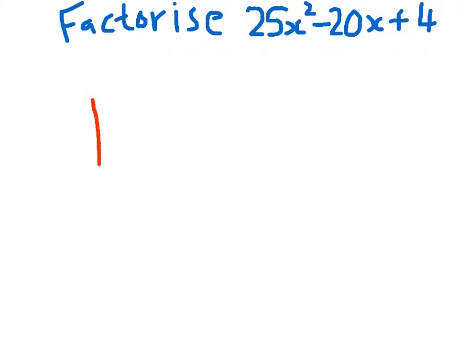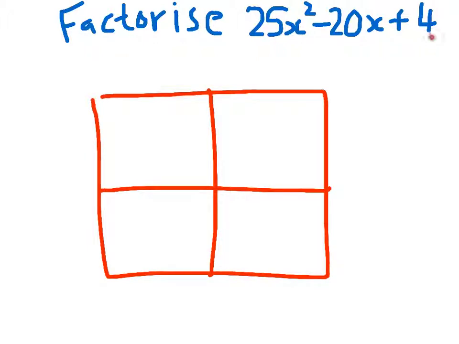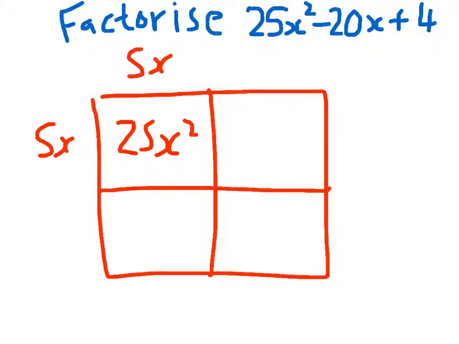Okay, this one looks pretty daunting like some of the others have. 25x squared I originally didn't like, but then you realise it can only be 5 times 5 or 25 times 1. And the 4 must have come from 4 times 1 or 2 times 2. So there's not that many different numbers that we can try in the four spaces. If I write in here 25x squared, I'm guessing it must have come from 5x times 5x. And the 4 here, I'm guessing must have come from